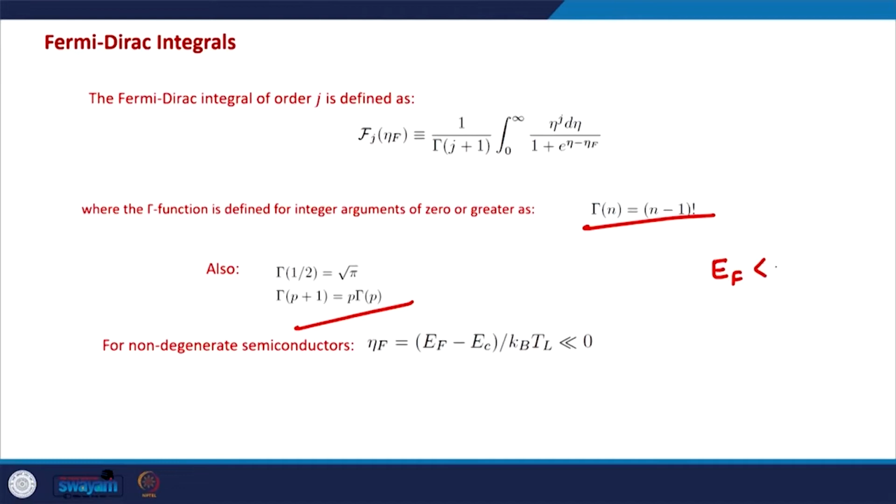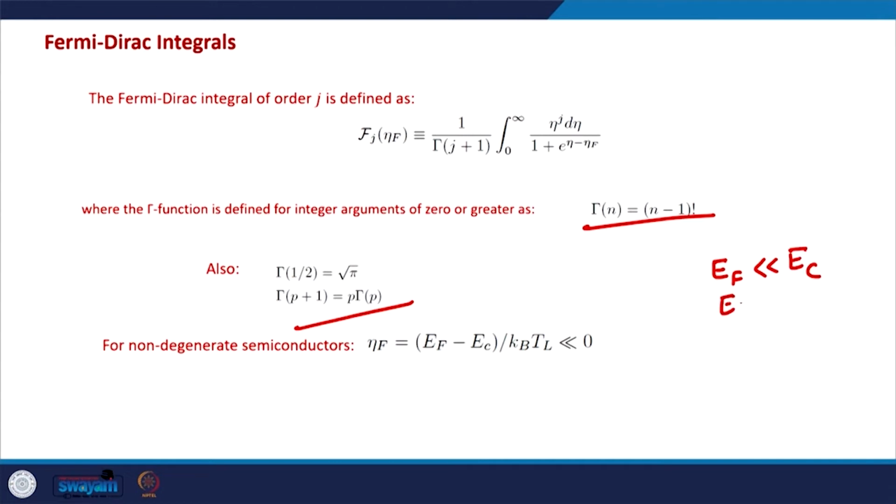Generally in a moderate doping situation, when the doping is not too much, which means that the dopant atoms are far away from each other, they are not interacting with each other, the potential due to one dopant atom is not felt by another dopant atom. In that case, the semiconductor is known as a non-degenerate semiconductor. And generally the Fermi level is way below the bottom of the conduction band. So in non-degenerate cases, EF is less than EC generally,